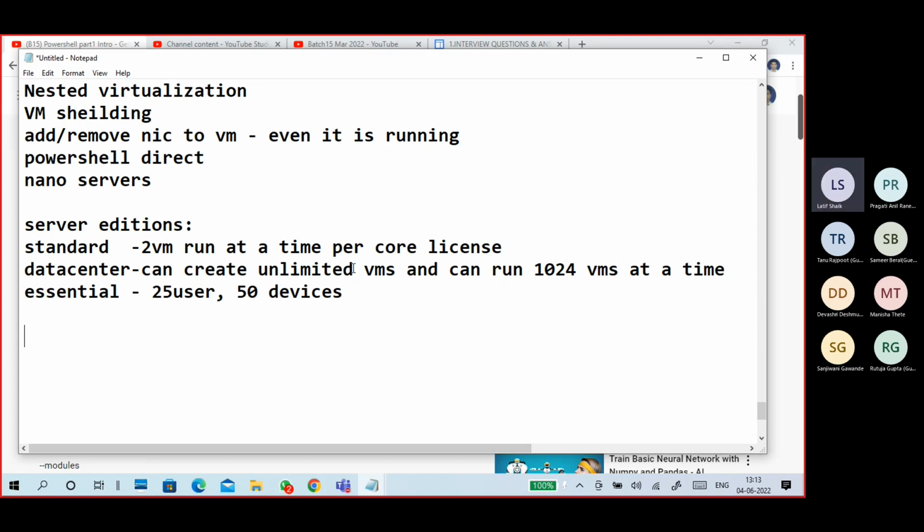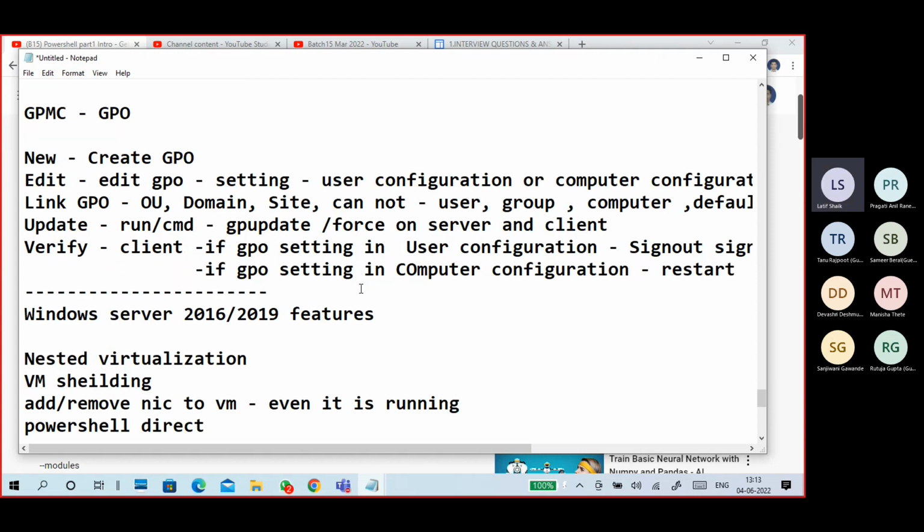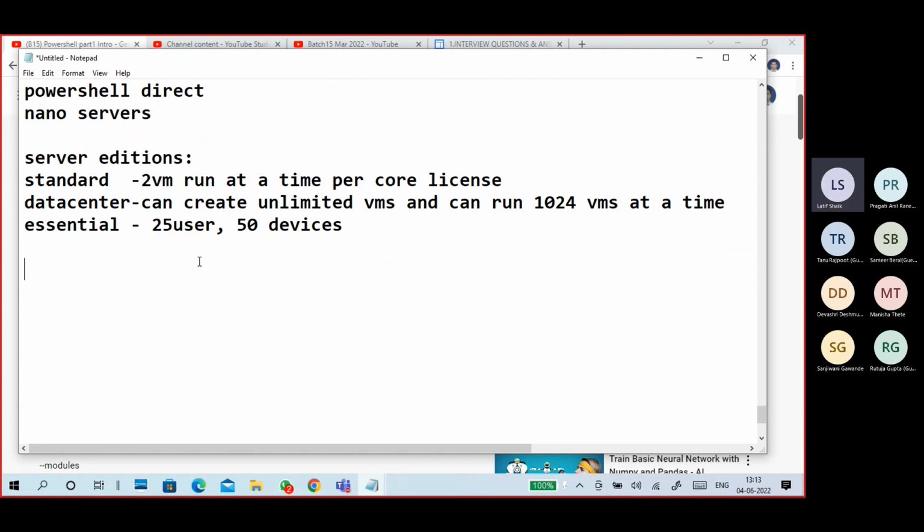Except that one, Standard and Datacenter, for minimum requirements, maximum requirements, roles, features, everything is same. Roles wise, feature wise, everything is same. Next, Server Core is a minimal version, only CLI. Next, Server with Desktop Experience.